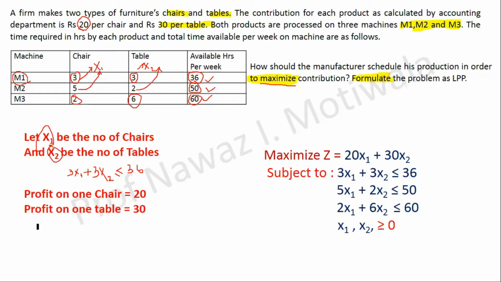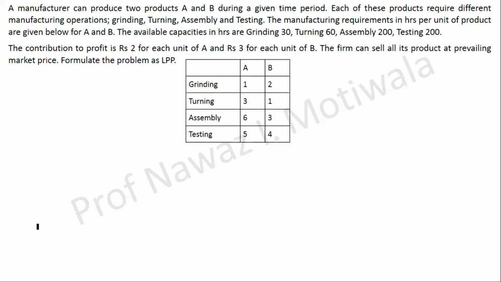Okay, let's proceed to the next problem, which says a manufacturer can produce two products A and B. Again, I am highlighting the important points. During a given time period, each of these products requires different manufacturing operations, and the operations are grinding, turning, assembly, and testing. The manufacturing requirements in hours per unit of